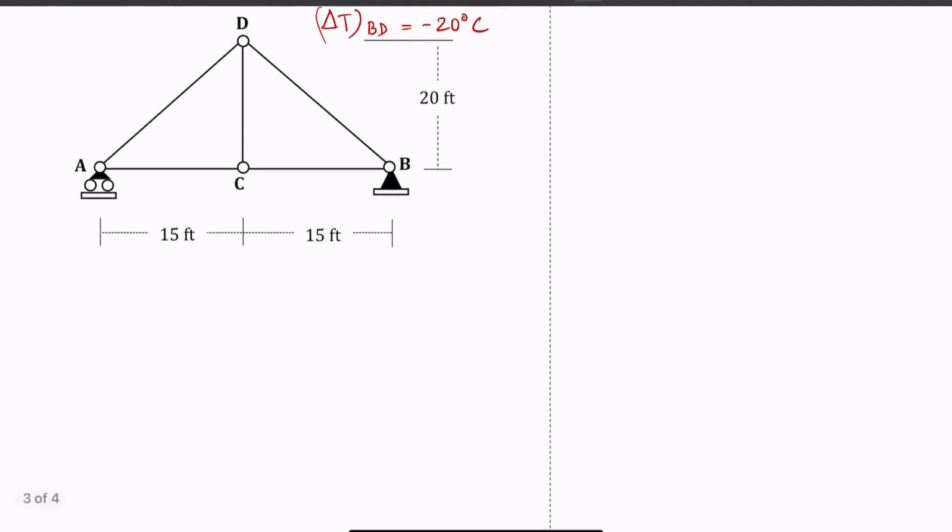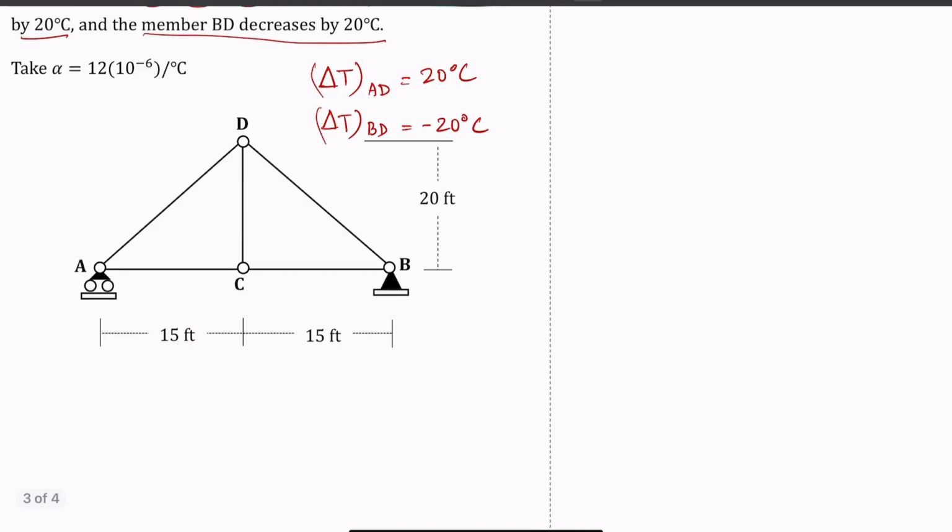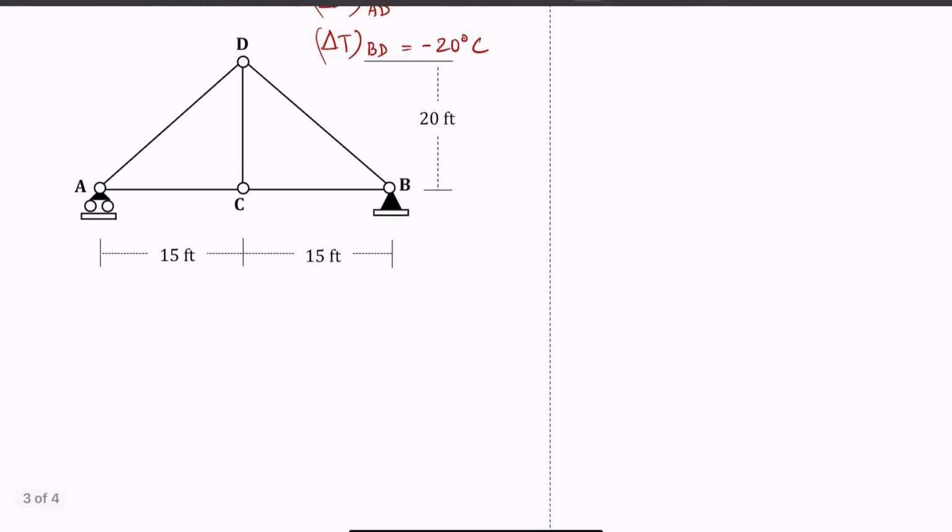And now, knowing that AD and BD are the only members in the truss that undergo temperature change, then the rest of the members did not undergo temperature change, so we don't need to include them in our calculation. So what I mean by that, it means that if you write delta H D is a summation of Fi delta L i,